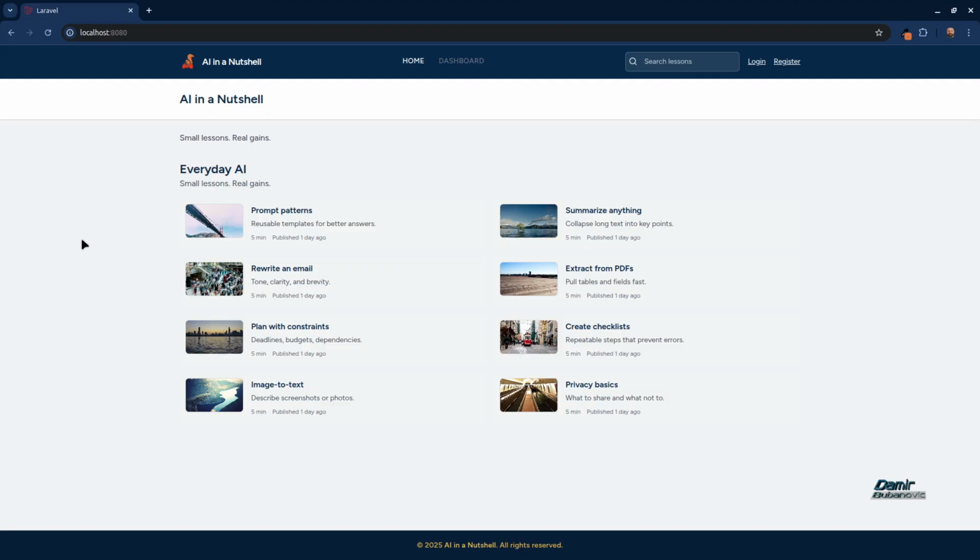This is a clean, responsive design built with Tailwind CSS. Lessons are organized by chapters, making it easy to explore topics step by step. We have an admin dashboard. Let's log in